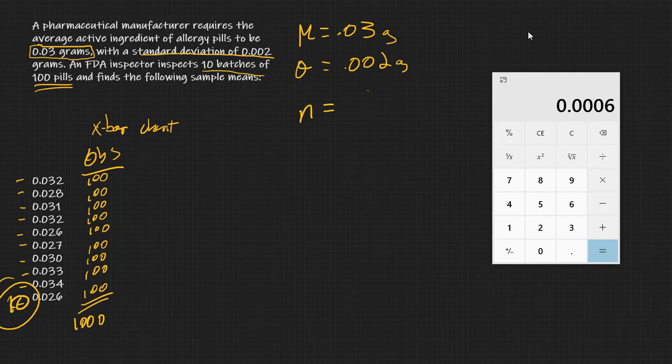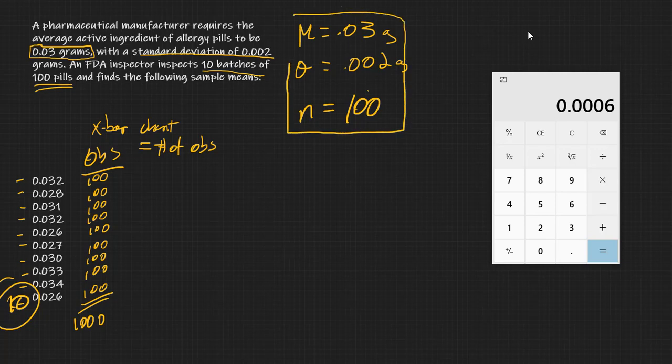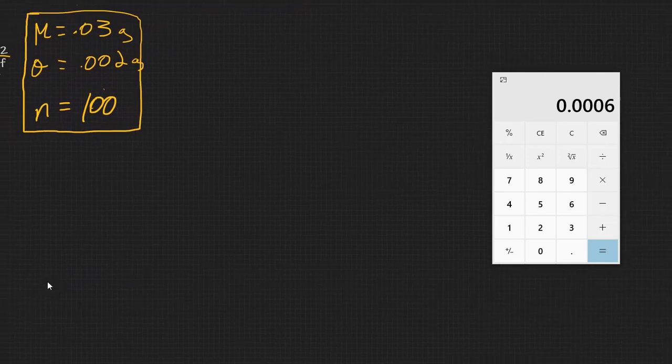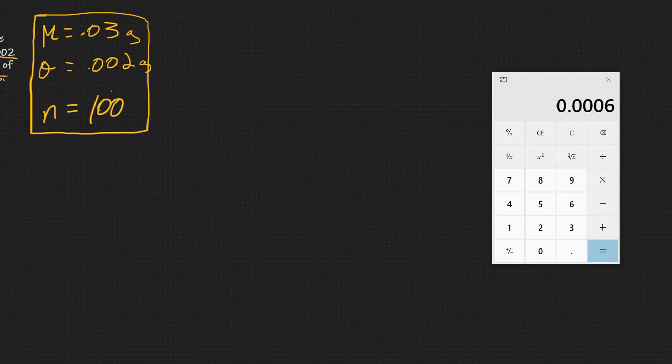The answer is 100. n is equal to the number of observations, right? Let's keep these in mind. They're going to come up after a while when we draw our chart. There's probably enough space to draw our chart right now. Let me scoot it over to the left. All right, so let's do our xbar chart,